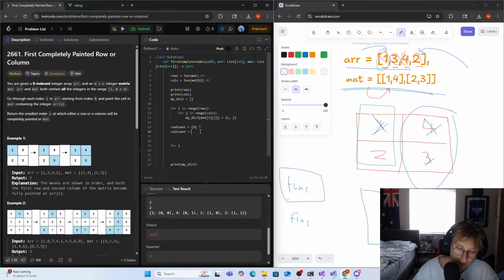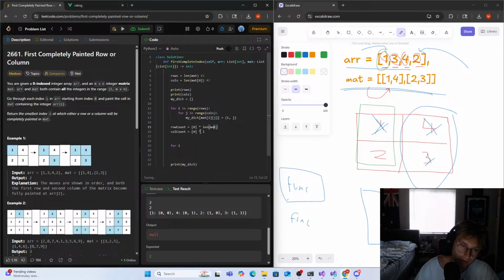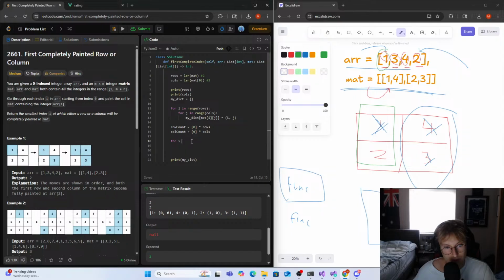So I hope that was an okay explanation of what I'm thinking about here. I guess we can times this by the length of mat, and actually we should probably do rows and cols. Let's do rows and cols times rows and cols, right? So we've got that. Now what we do is we loop through and we go,